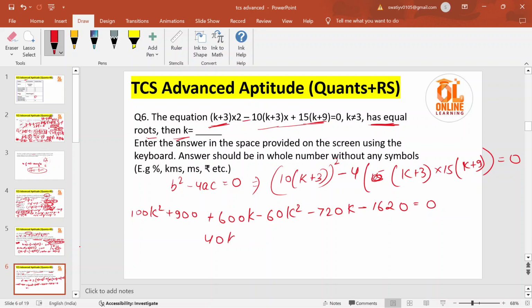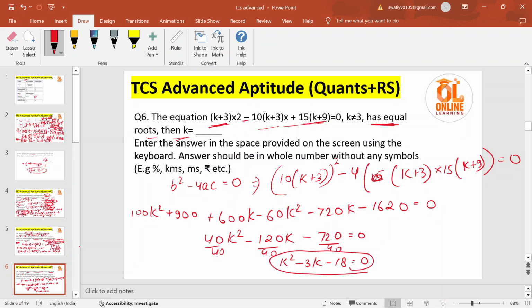Okay, so 40k² - 120k - 720 = 0. We will divide it by 40, and we will get k² - 3k - 18 = 0. So this is your quadratic equation, and after solving this you will get your value of k as -3